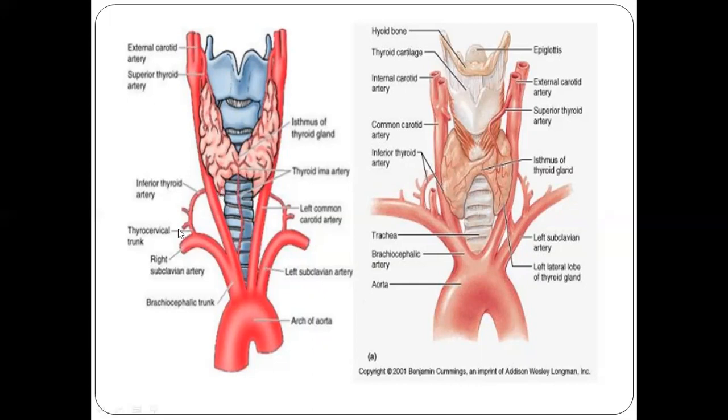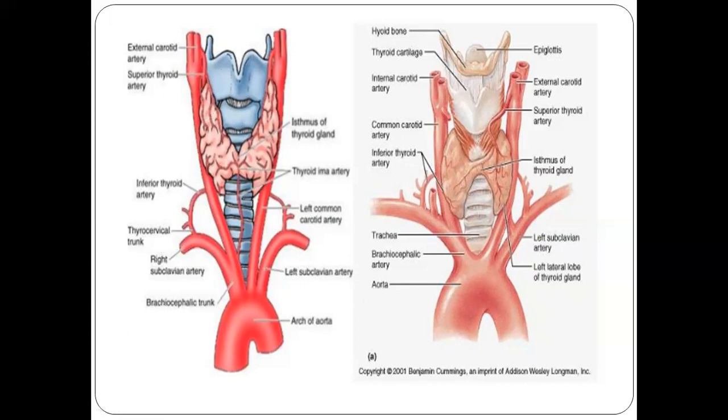So this inferior thyroid artery is actually accompanied by the recurrent laryngeal nerve, the nerve which supplies all the muscles of the larynx except the cricothyroid, which is supplied by the external laryngeal nerve. We have discussed the superior thyroid artery along with the external laryngeal nerve. What is the function of the external laryngeal nerve, and what happens when it is damaged during thyroid operations? The pitch of the voice in the patient will decrease. But regarding the recurrent laryngeal nerve, we'll discuss in a while.